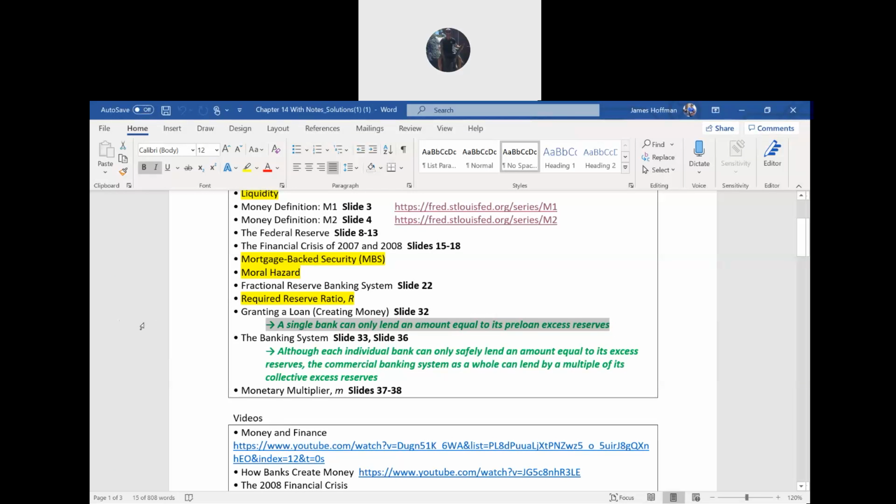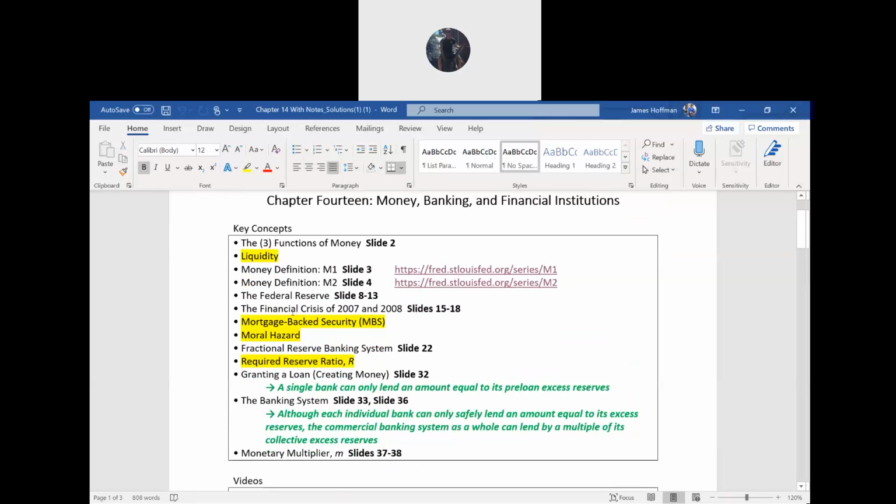Okay, and so number one, a bank can create money by lending, and number two, a bank can only lend the amount in excess of their pre-loan excess reserve. So they can only lend out what's in excess of what they have to keep on reserve. Okay, so like a one for one. So by making a loan or by